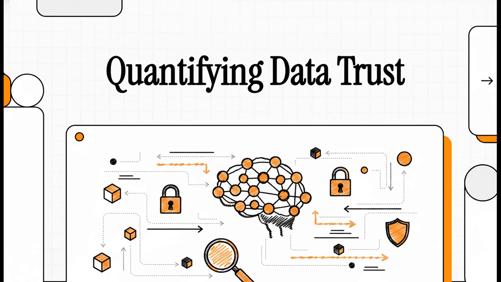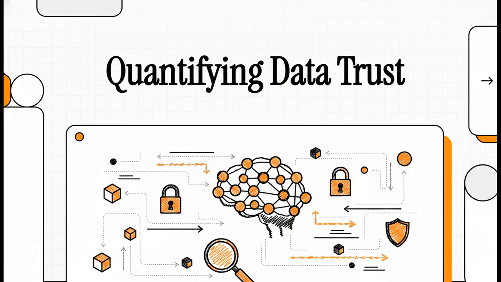Welcome to this explainer. Today, we're pulling back the curtain on artificial intelligence to look at something that, honestly, keeps a lot of developers up at night. We're talking about quantifying trust in neural data systems. Since pretty much all of us rely on AI these days, understanding its hidden mechanics and its structural vulnerabilities is absolutely crucial. We're going to break down exactly what goes into these models and why the shiny surface level rarely